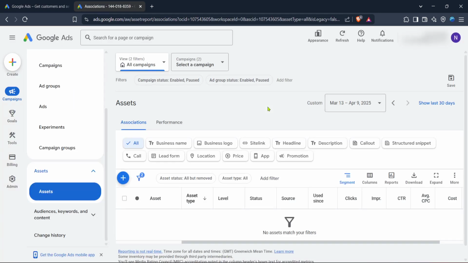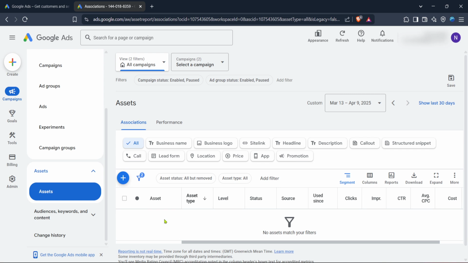Next, you're going to want to locate and click on the Campaigns tab. This is typically located on the left sidebar of the interface. Within the Campaigns section, you manage advertising campaigns and get insights into performance metrics and make adjustments as needed to optimize your advertising efforts. Navigating through this dashboard is essential to ensuring your campaigns are set up correctly and running